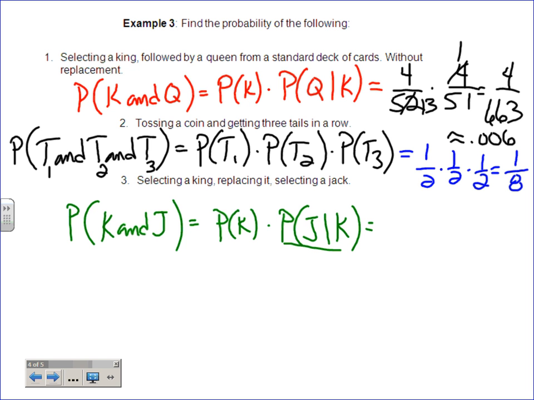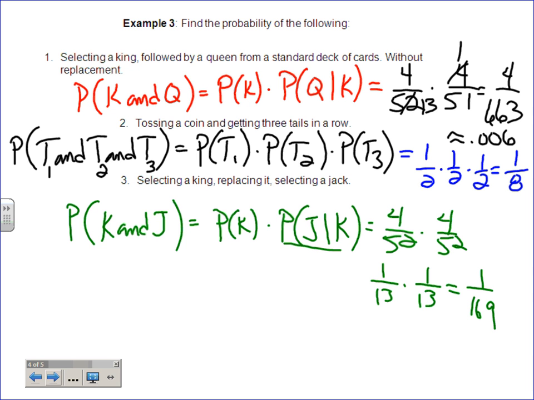And so basically you're taking 4 out of 52 times 4 out of 52. And if I were you, it's way easier just to simplify before you go, right? It's 1 out of 13 and 1 out of 13. It just speeds things up so much. Right? Which is, amazingly, if you round it,